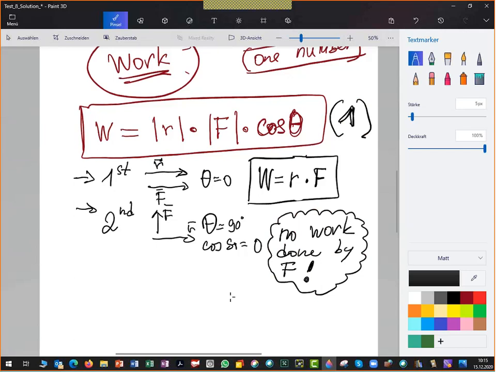For some of you, it may appear obvious. For some of you, maybe not, but in any case, it is worth it to keep in mind because later we will meet this second case also many times. And please be aware that in the case of acting force being perpendicular to the displacement, the work done is 0. Let me give you just one example. If we are talking about the moon